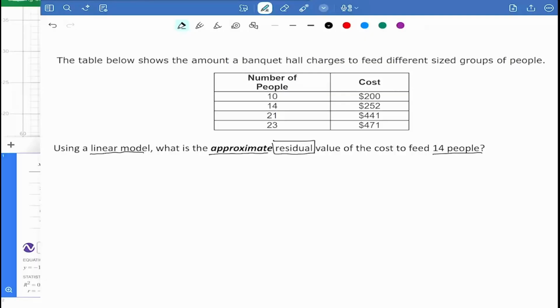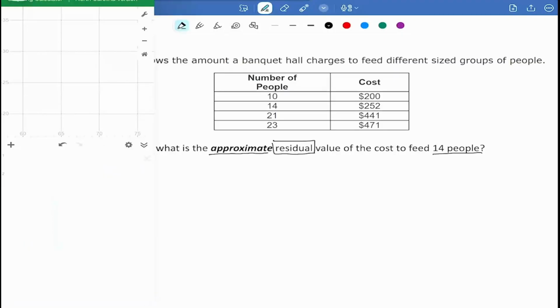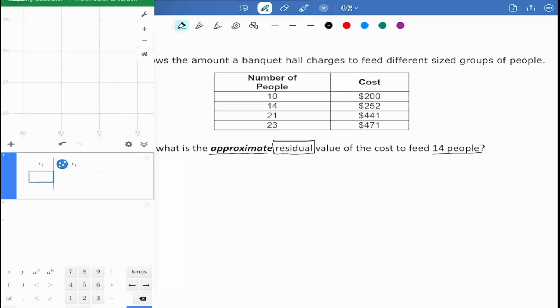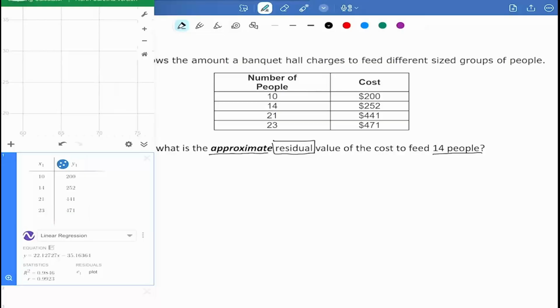So now we're going to go to Desmos, and in Desmos we're going to start a new table. So we're going to click the plus sign, add table. Then we're going to enter our values. So we got 10, 14, 21, 23. Then we got $200, $252, $441, $471. Then we're going to hit add regression, and then we look for the word residuals with the E1 and